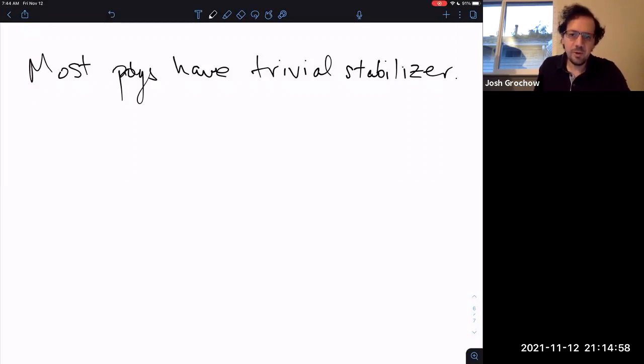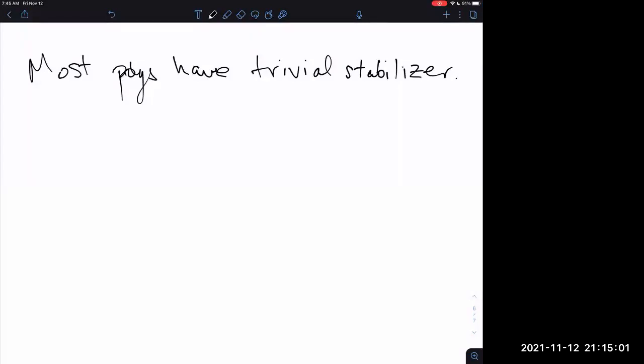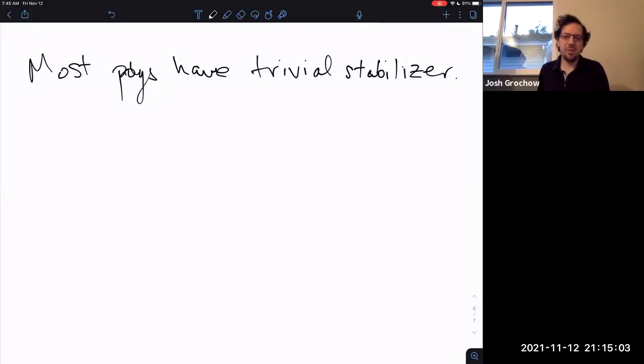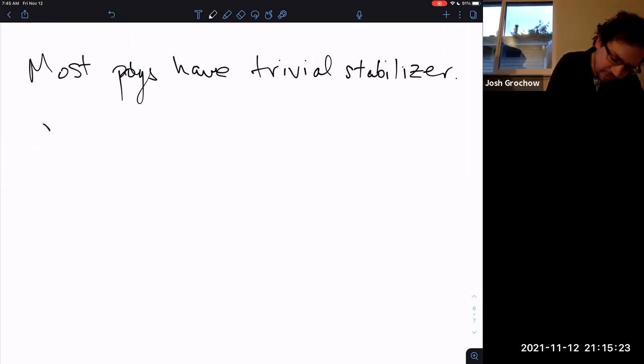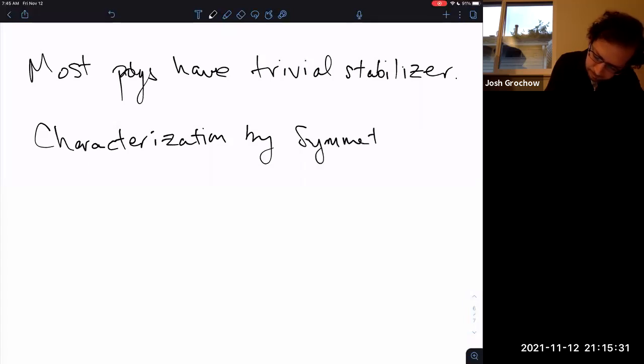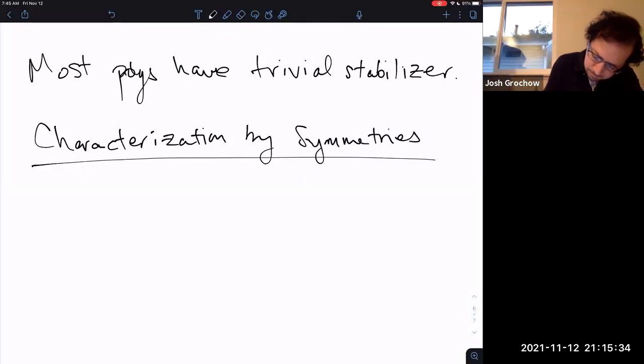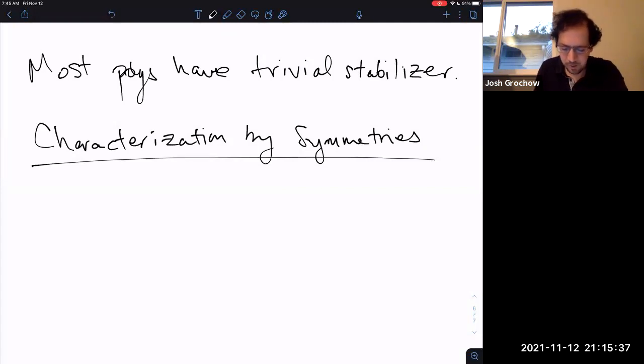Okay. Now that's still very, I don't know, hand wavy, right? I mean, yes, I haven't told you definitions, but even if I told you all the definitions, that last statement would still be somewhat hand wavy. In GCT1, they propose much more specific ways in which to leverage the stabilizer. Okay, and this brings us to characterization by symmetries. Where